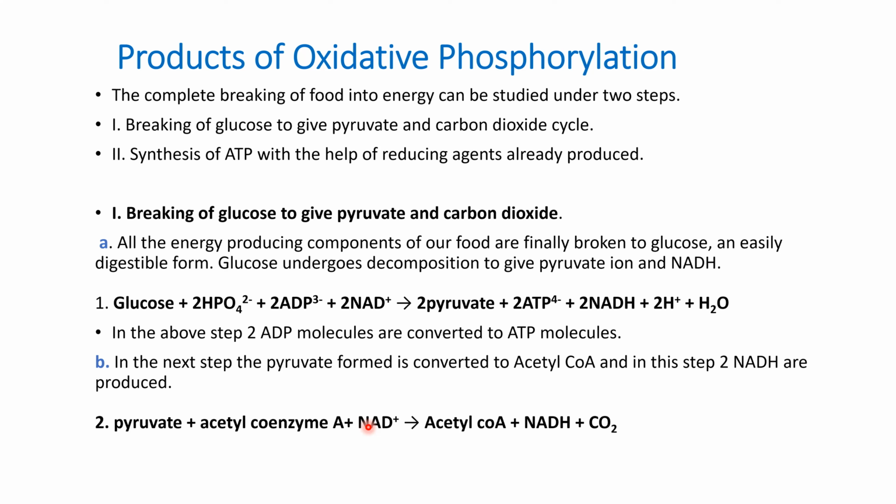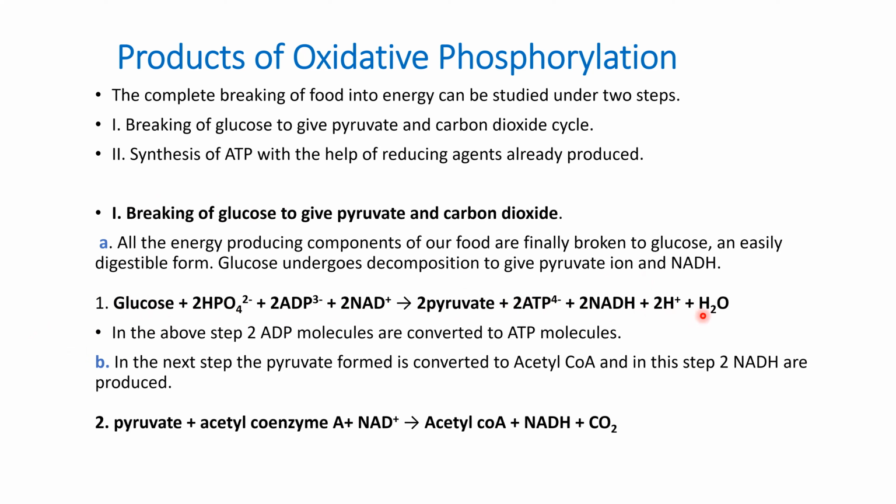So in the breaking of glucose to give pyruvate and carbon dioxide, what is happening very firstly is that all the energy producing components of our food are finally broken into glucose, an easily digestible form. Glucose undergoes decomposition to give pyruvate ion and NADH, right? So this is the very first reaction, reaction one, where there is the glucose, the phosphate, ADP, NAD positive, then we get two pyruvate molecules, 2 ATP, 2 NADH,